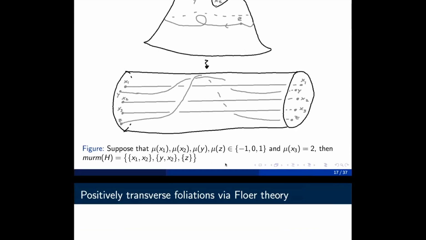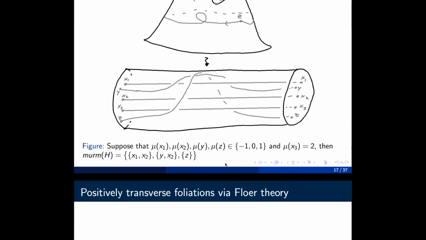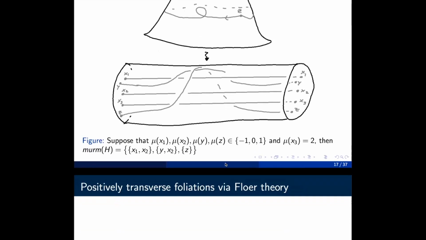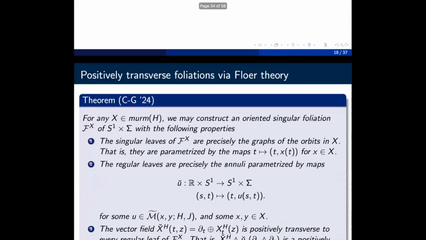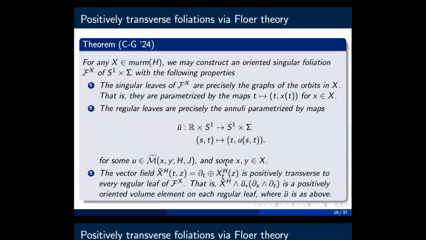Okay. In fact, it turns out that this is an artificial example and that will never be all of your orbits, but okay. Now, suppose that you have a Hamiltonian that's non-degenerate and you take some J that you can do Floer theory with, that is Floer regular. And then a theorem that one can prove is, take some merm set, some collection of unlinked orbits that's in the Morse range and is maximally so, and you want to consider